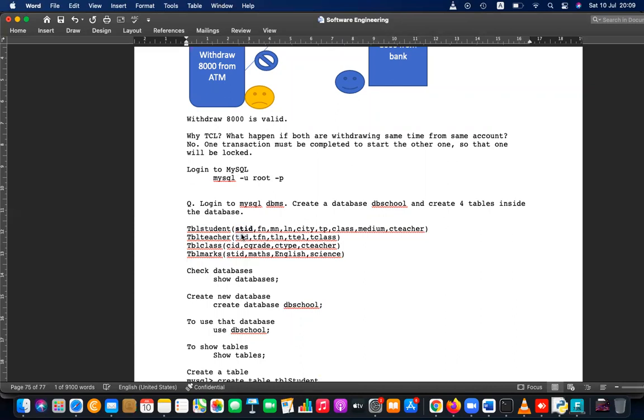Here, teacher ID is the primary key. CID is the primary key for the class table. And for table marks, student ID and exam together is the primary key.